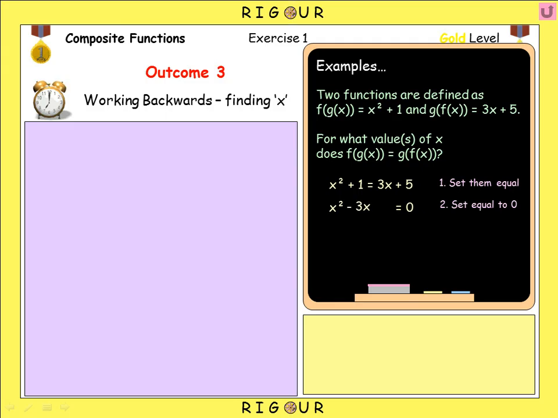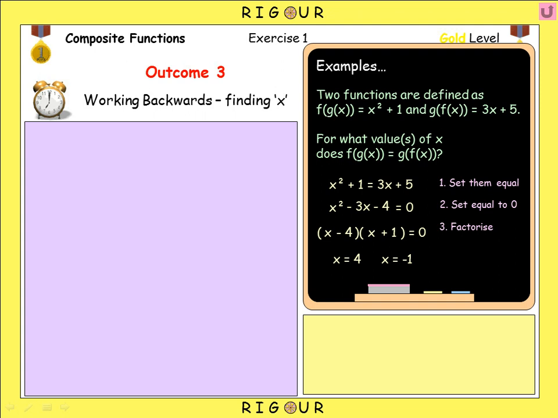and we take away the 5 from the 1, and that gives us the expression x squared minus 3x minus 4 equals 0. And the reason why we set equal to 0 is so that we can find x by factorising. So that's our simple trinomial, so bracket bracket, x and x, two numbers that times together to give us 4, which add together to give us minus 3. So it's going to be 1 and 4, and it needs to be minus 4 plus 1. We should be comfortable with factorising at this stage. And now we solve. So we're going to have x equals 4 and x equals minus 1, and that's our